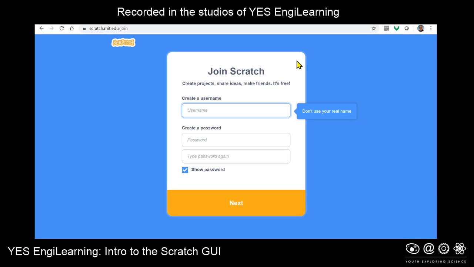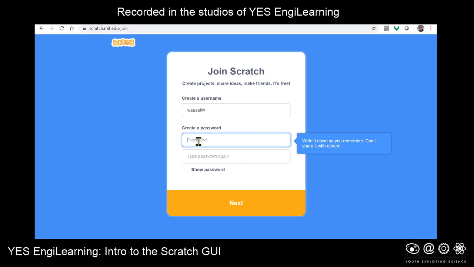Now in this case, I am going to call myself Weasel. And because there may be somebody else there with the name Weasel, I'm going to put a big W after Weasel. So I'm Weasel W. And now I'm going to create a password, and make sure you write it down so that you won't forget it. So I'm going to type in my password. I'm going to unclick Show Password, and my password is going to be